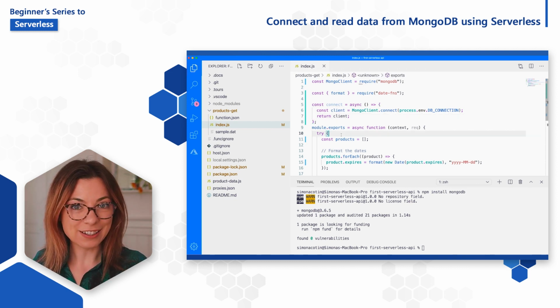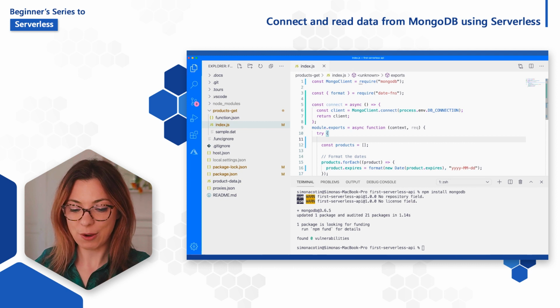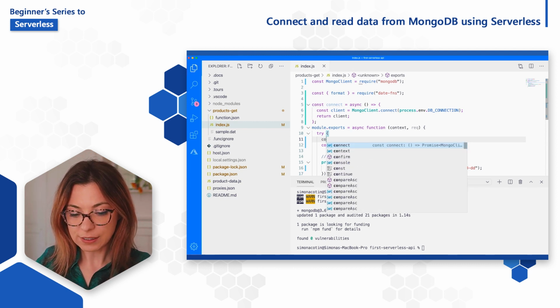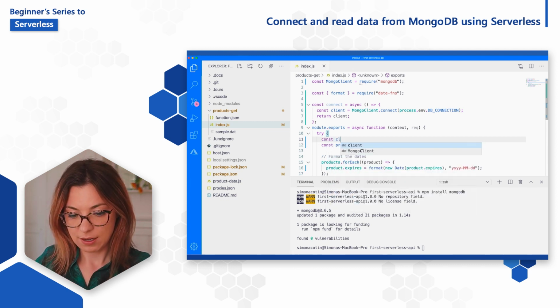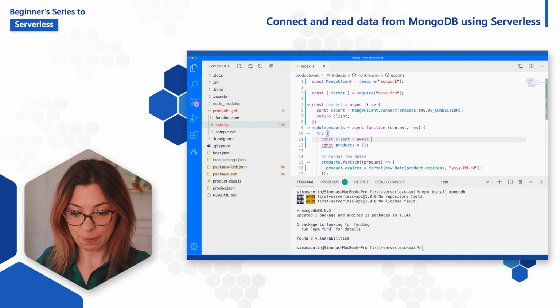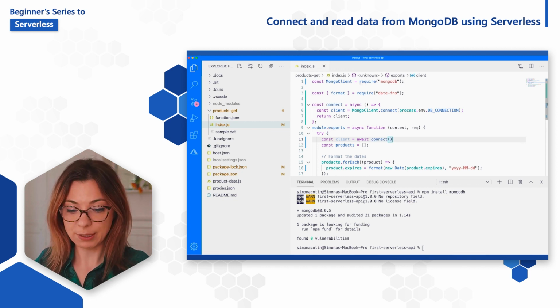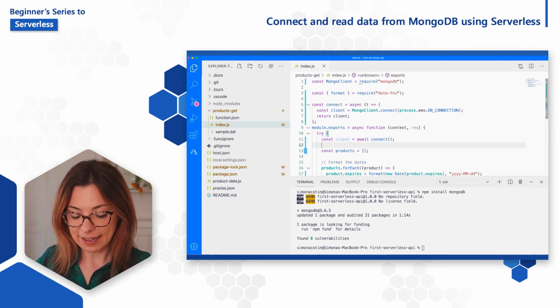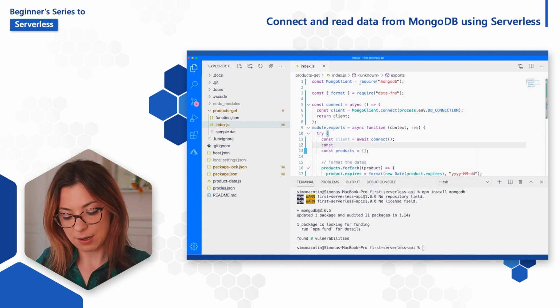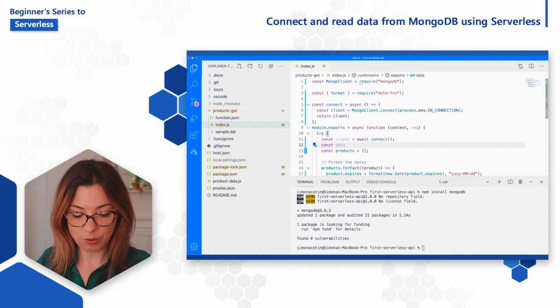which we're going to use in our main method here in our function. So first, I want to initialize the client object and await for our connection to execute. And then I want to initialize or create a new object called database.